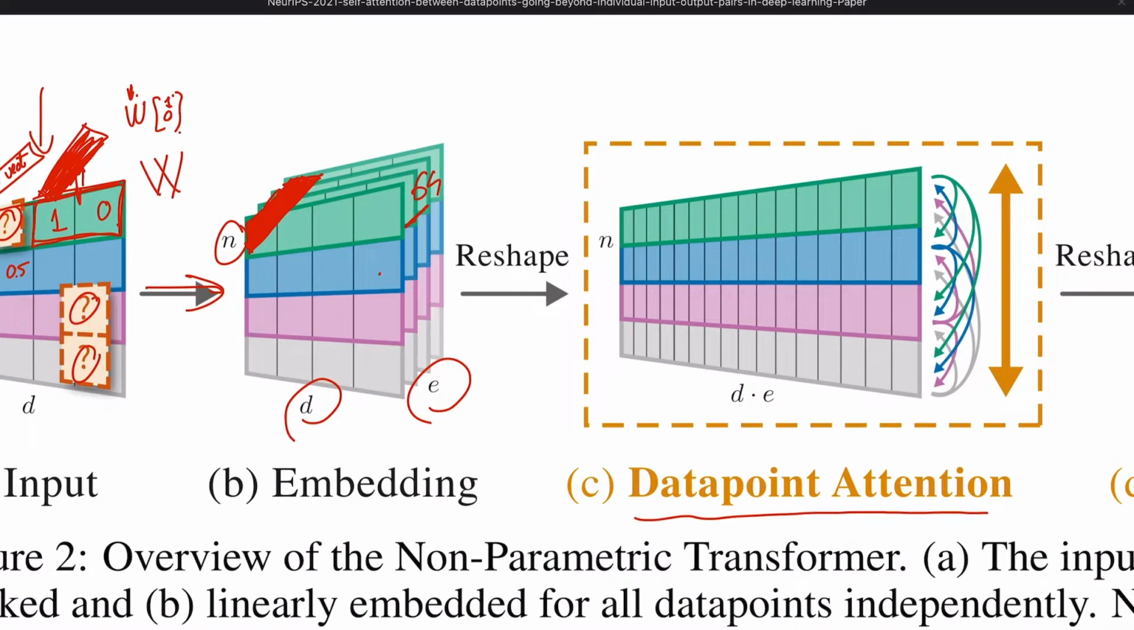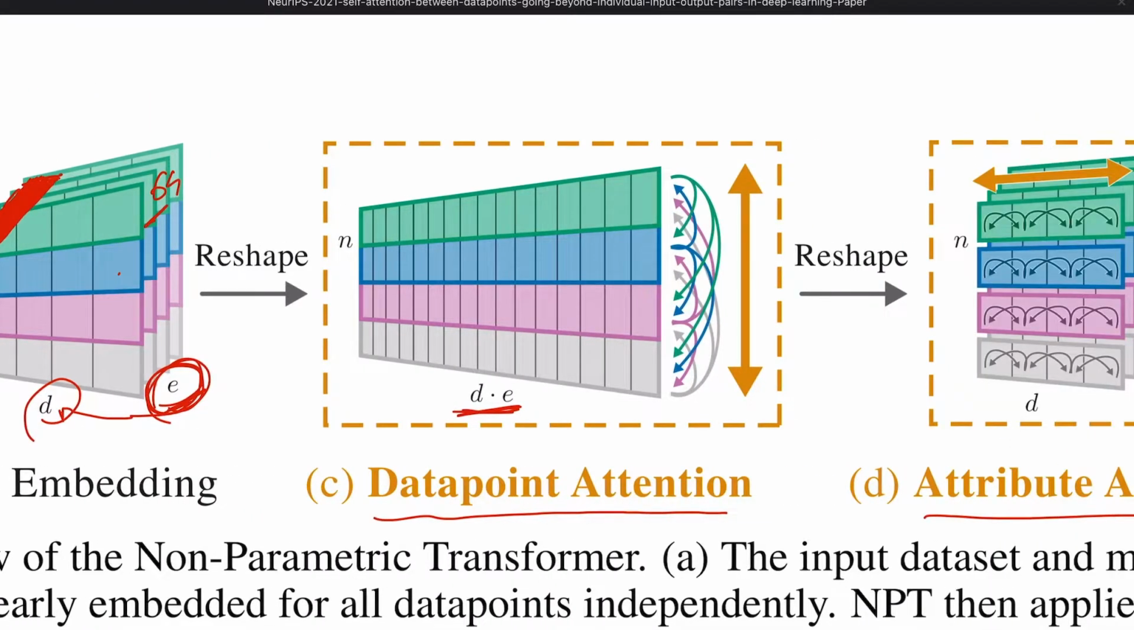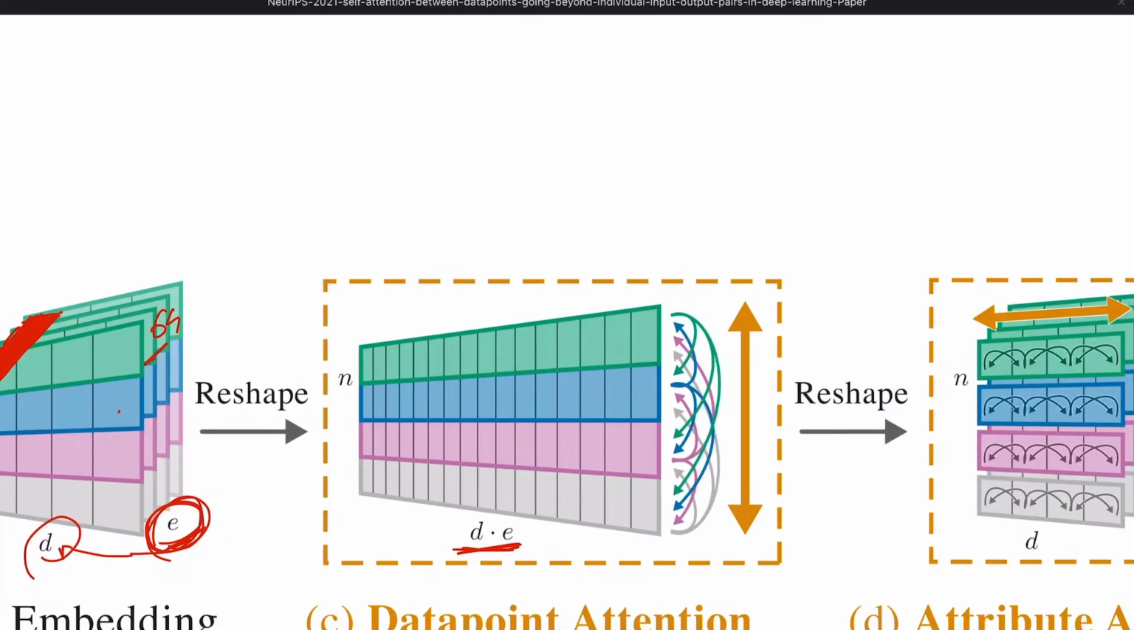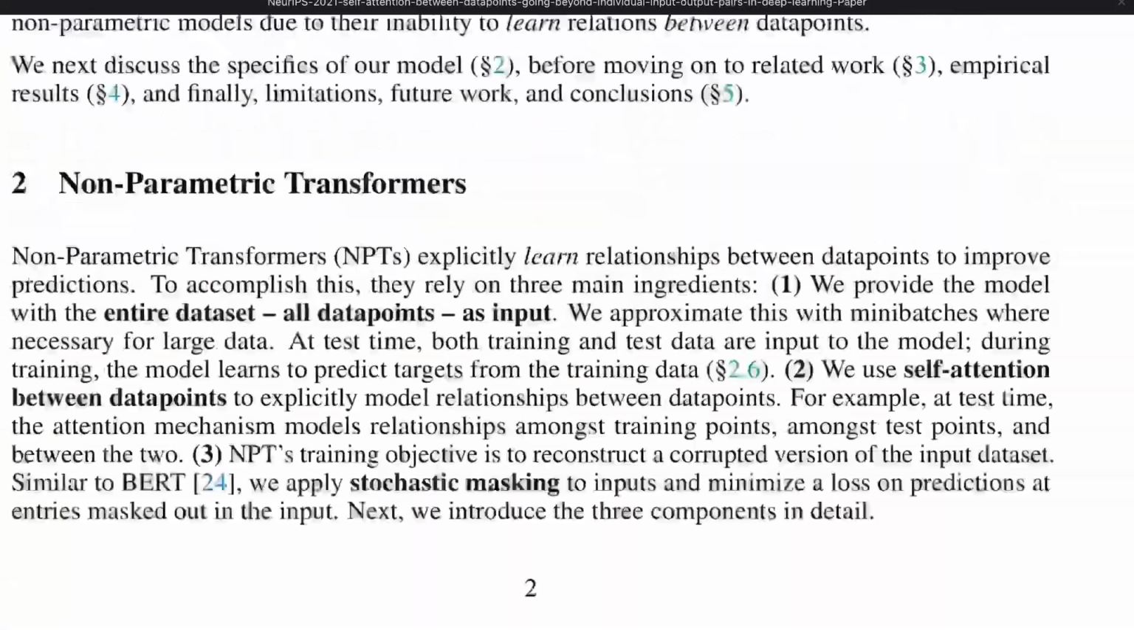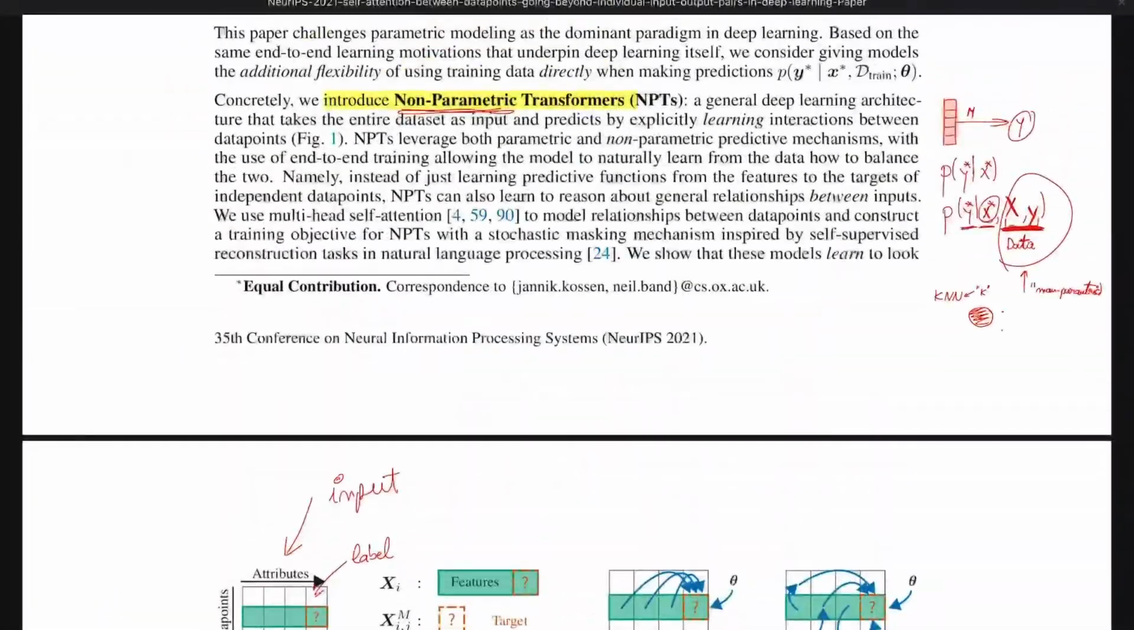So you see, we are taking the embedding size and we put them one near the other one on the right side. So sort of this would be one layer, one layer, one layer. And now we just apply self-attention between data points. So self-attention between data points is literally just what we discussed